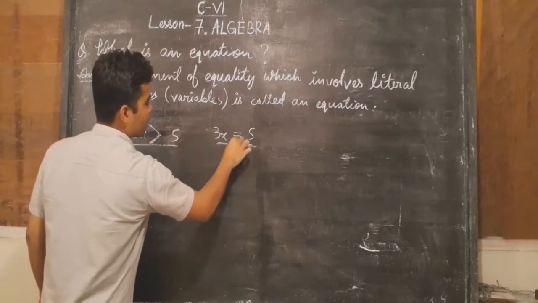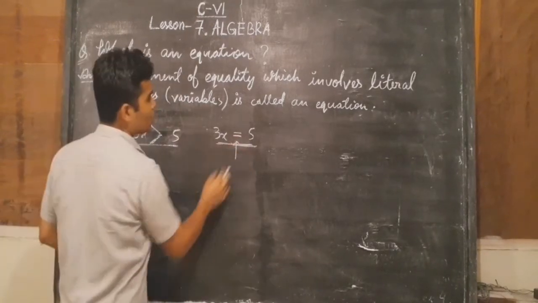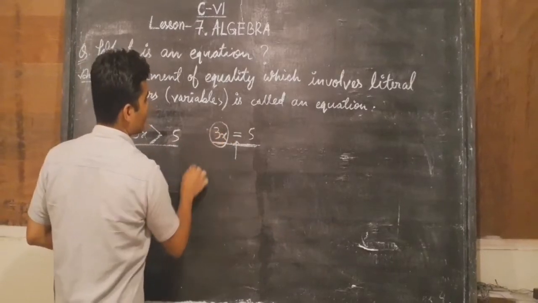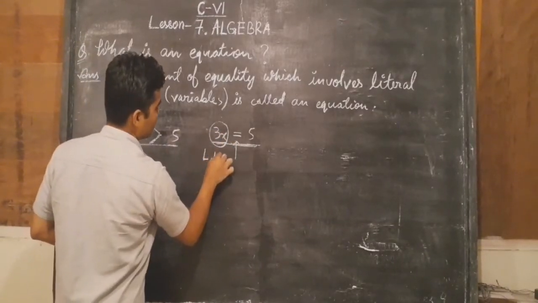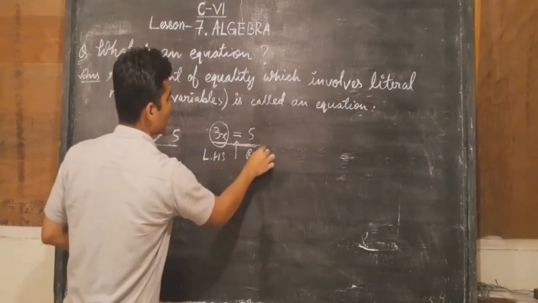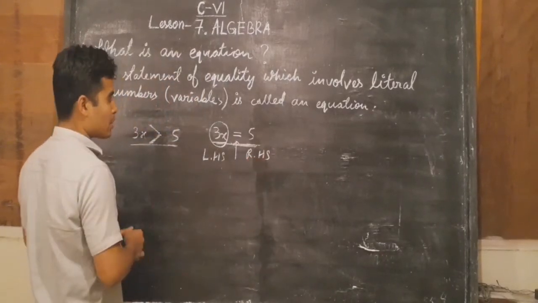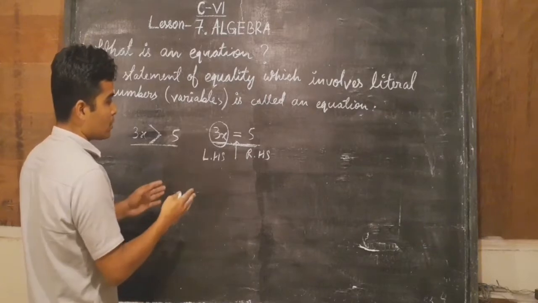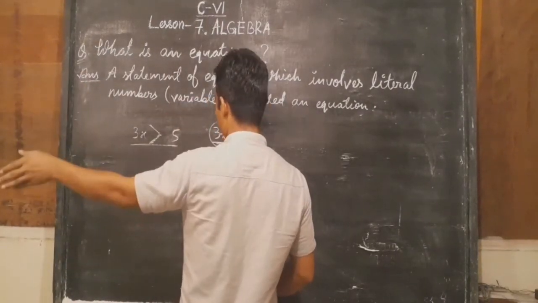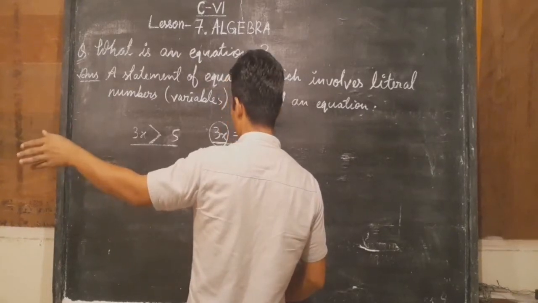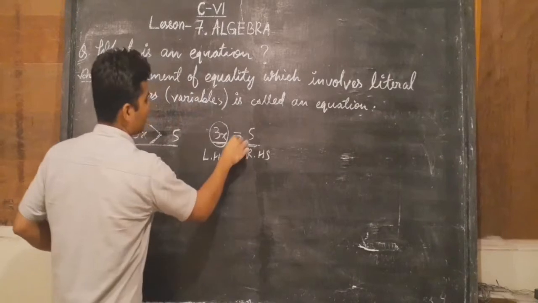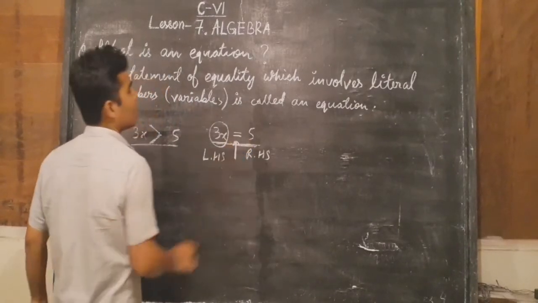Always we have an equal sign between two sides of an equation. So this is called the left hand side and this is called the right hand side. If you don't know which is the left hand side and which is the right hand side, just stand in front of the equation like this and raise your hands. You can see on this side it is the left hand, so left hand side, and this is the right hand, so right hand side. So in between we have an equal sign.